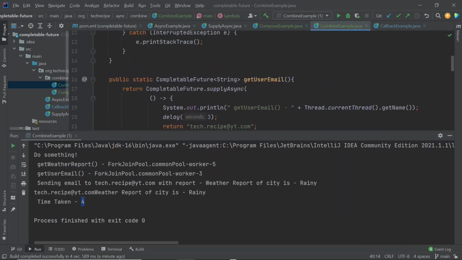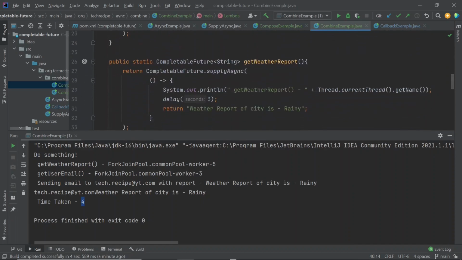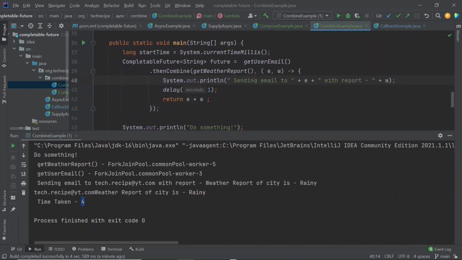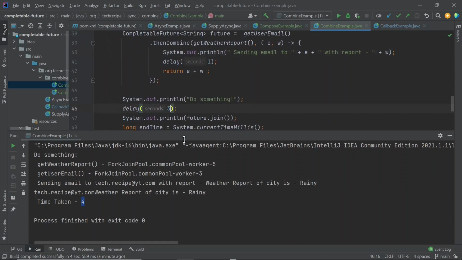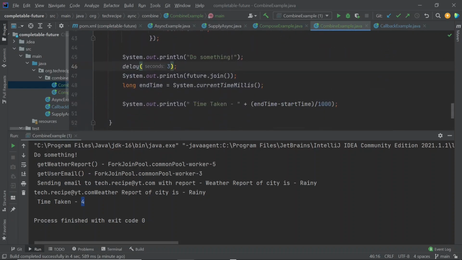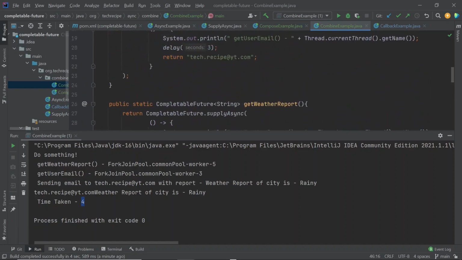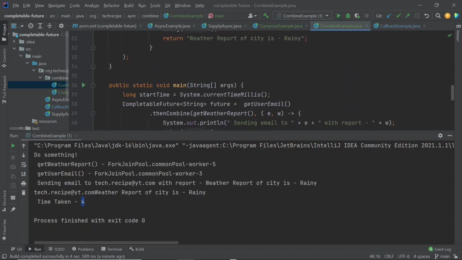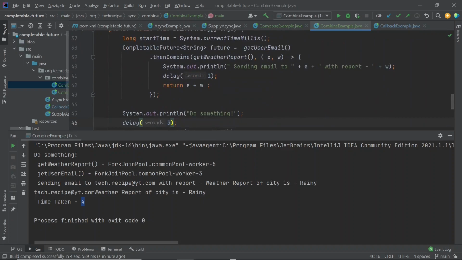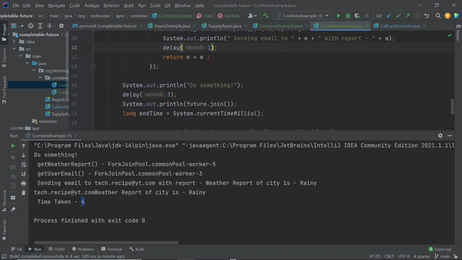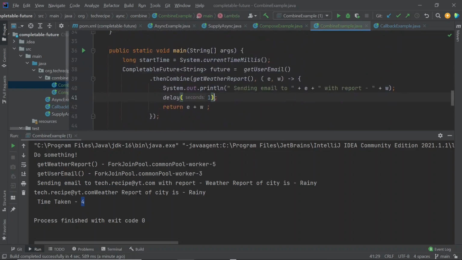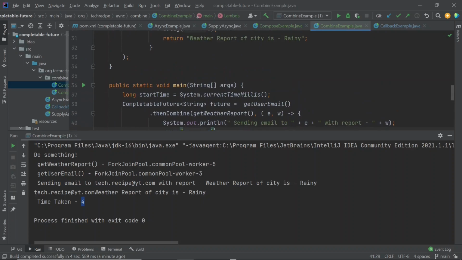Likewise, you can see this method takes 3 seconds, this method takes 3 seconds, so total 6 seconds, and 7 seconds for this and 3 seconds for this. However, it does not take 10 seconds because these two are executed in parallel, which takes 3 seconds, and since this is sequentially after these 3 seconds, it takes 1 more second, so the time taken is 4 seconds for this entire operation to complete. Now, so far we have seen how to combine two futures, where we always had two futures which could be combined.